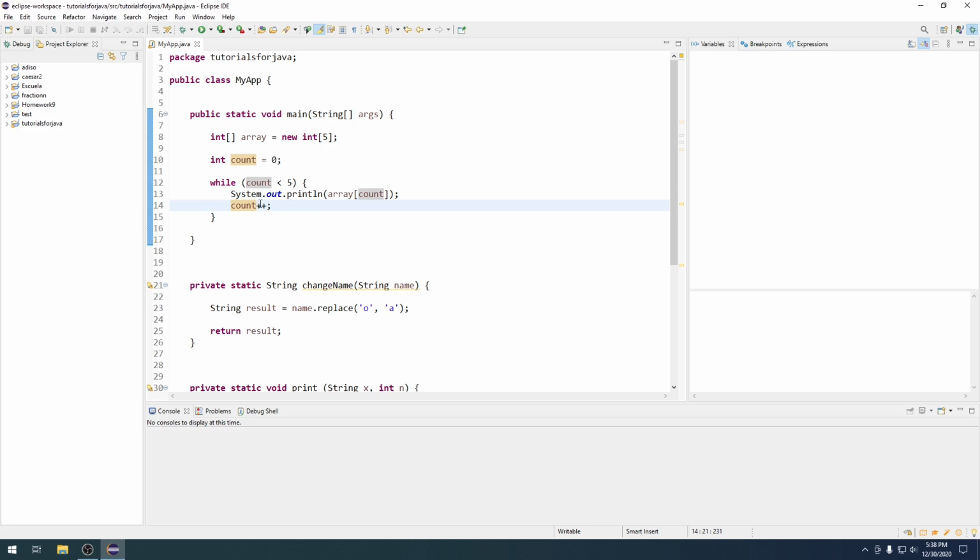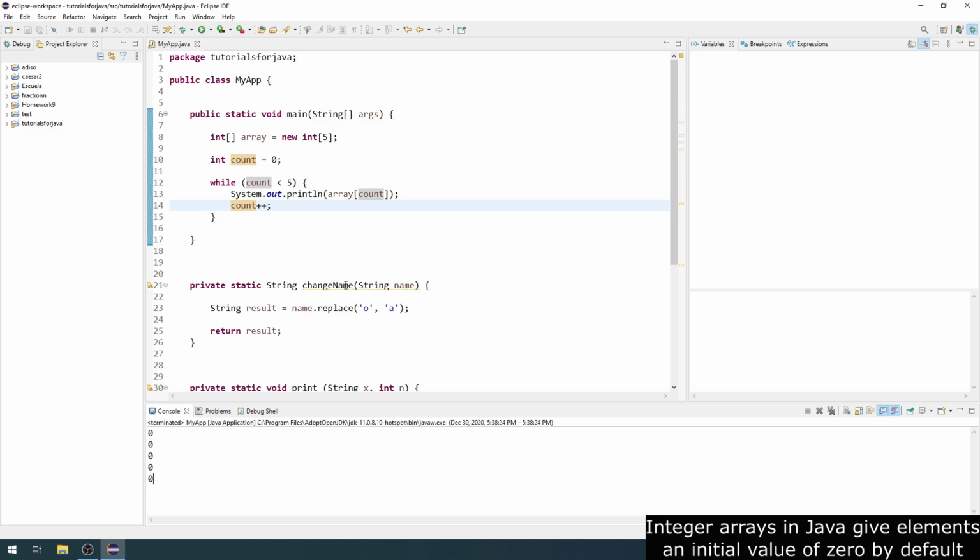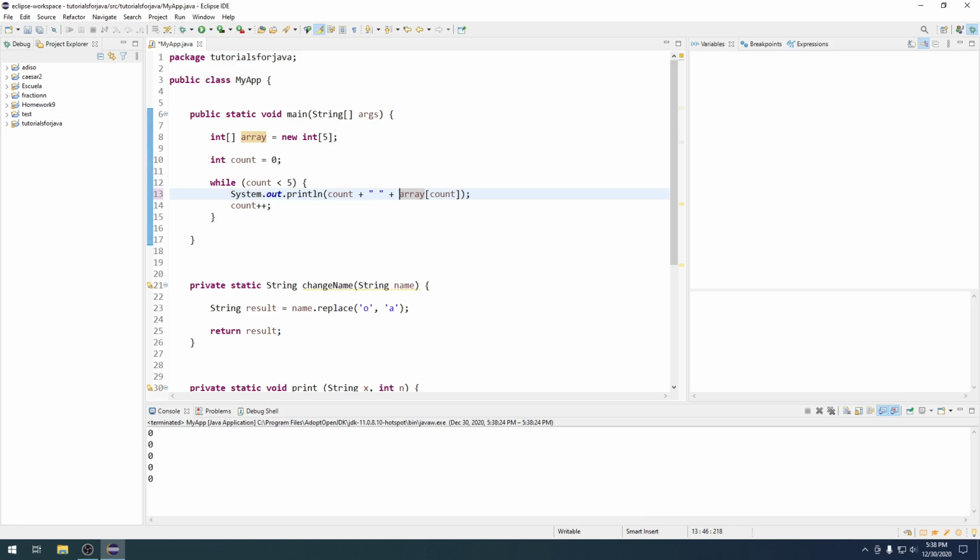Bear with me, all right? Let's run this. And what do you know? Every element of this array is equal to 0. Okay, not especially exciting. To make this a little more illuminating, I'm going to do a little bit of string